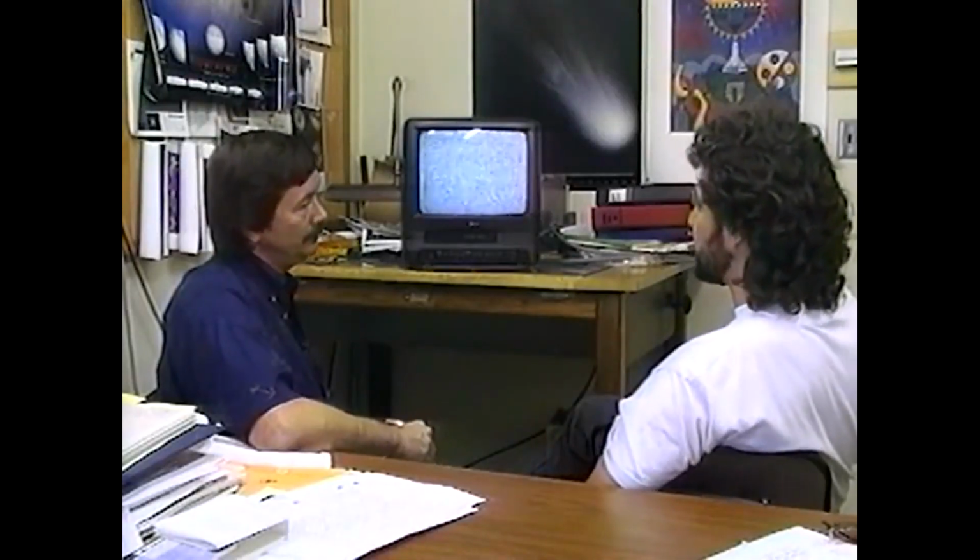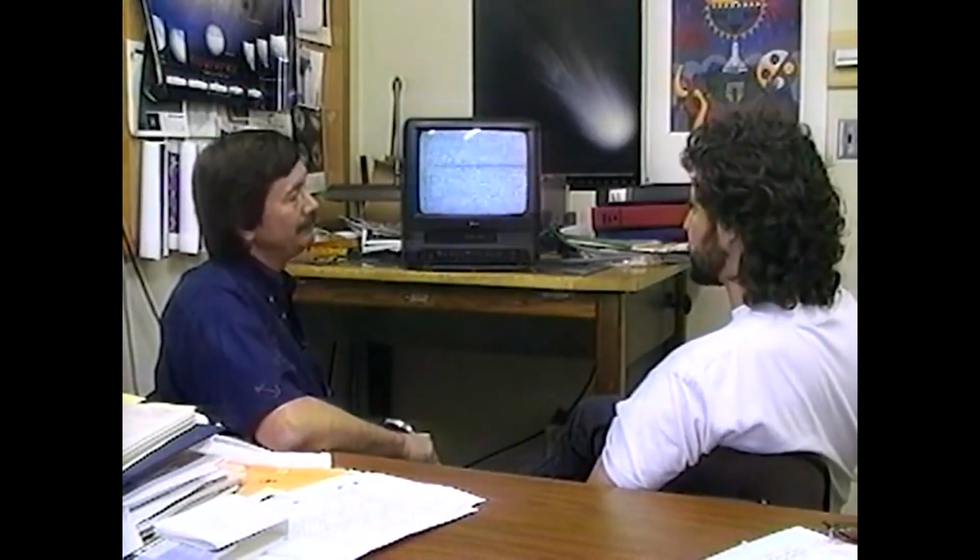As it turned out, on the nights Paul took his images, we were looking down at the equator of the comet. Had we been looking at either of its poles, the lawn sprinkler effect would have been more obvious. So this Hyakutake provided us an excellent opportunity because it was such a close approach. How often can we expect such close approach comets to appear?